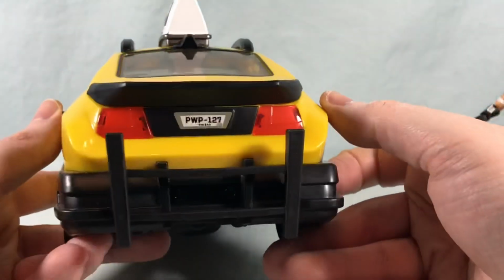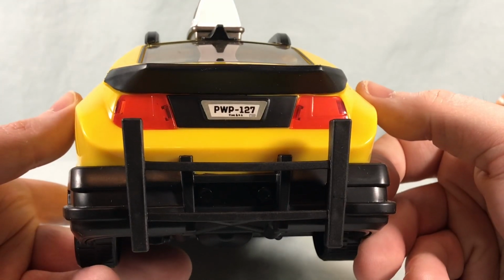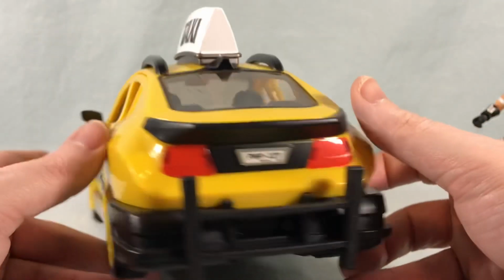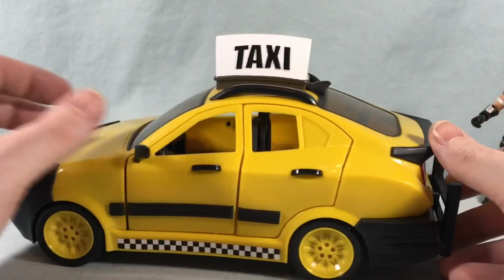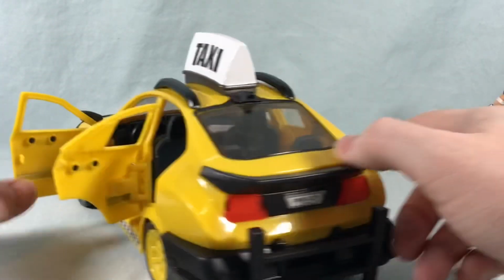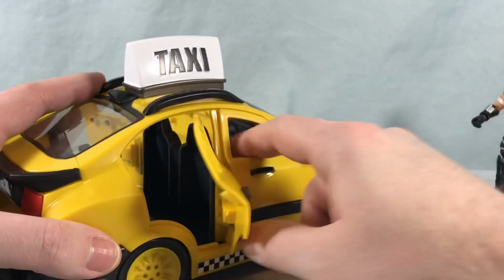It rolls really well. On the back here, you have a license plate PWP 127. I'm not sure if that's a reference to something or not. But it really does roll nicely, which I think is pretty cool. And as I pointed out before, you can open all 4 doors and fit 4 characters inside, which I really